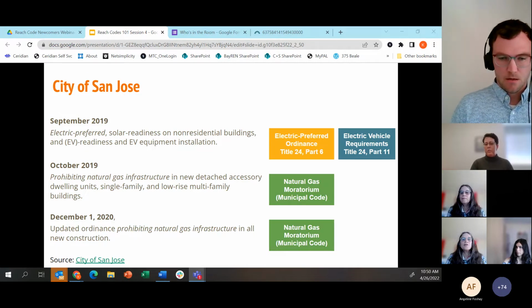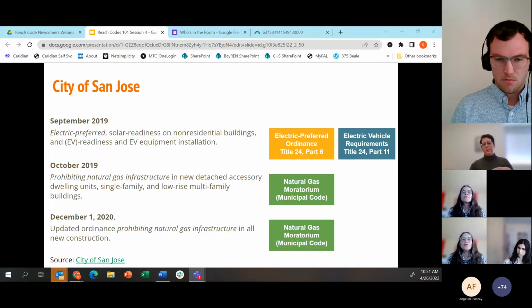And just building on that, I did answer this in the chat, but just wanted to mention it. We had a question whether a Cal Green Tier 1 or Tier 2 adoption would require CEC approval and a cost effectiveness study. And yes, that is the case. It's sometimes confusing because the Cal Green Tier 1 and Tier 2 are in Cal Green, but they are increasing energy savings and energy conservation. So that is why you still have to go through the CEC approval and cost effectiveness requirement.